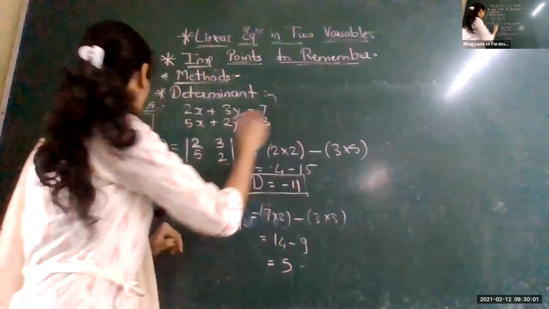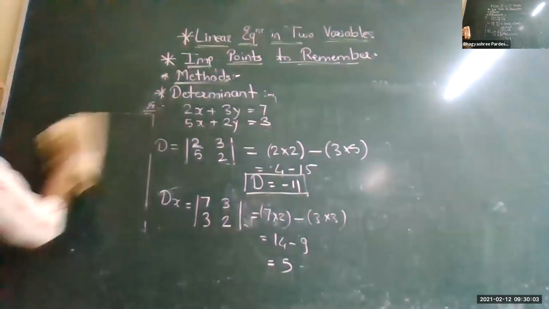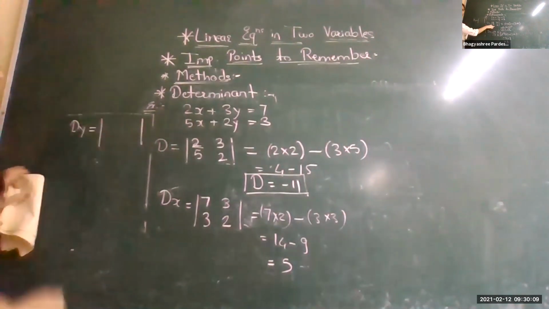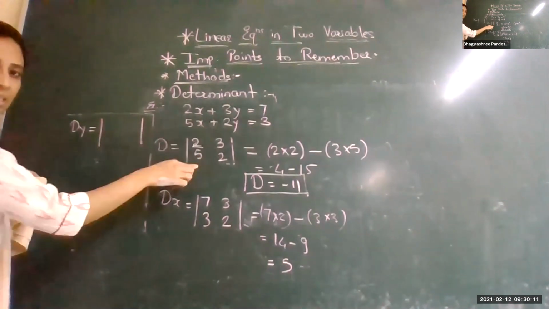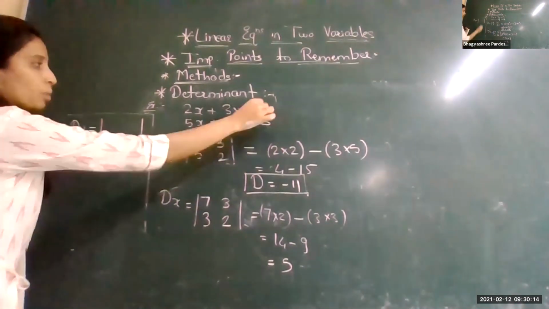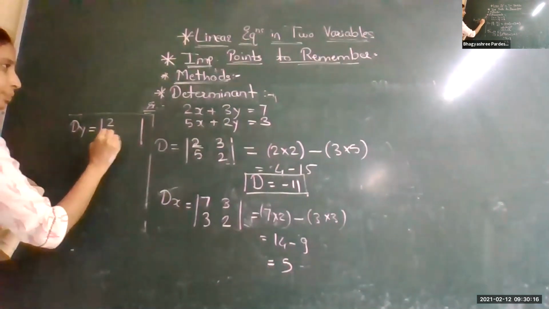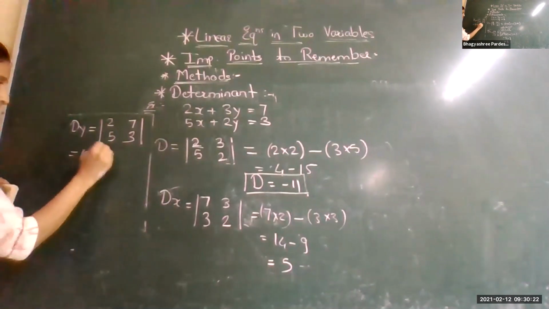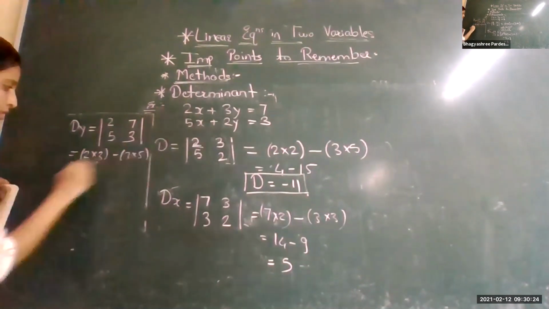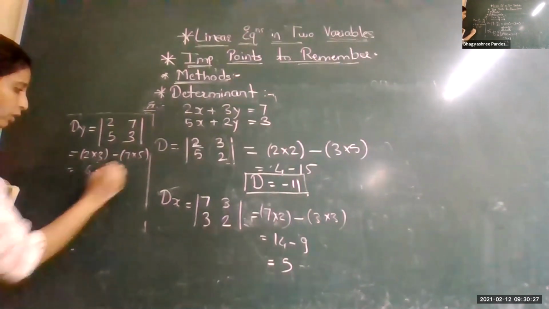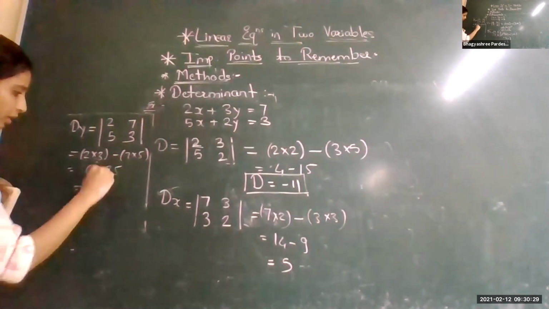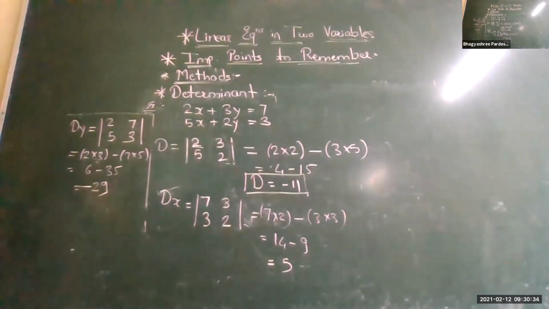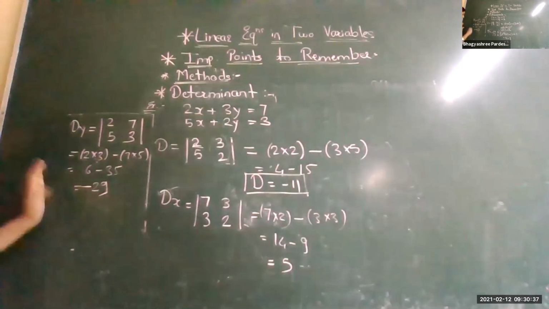Now we require dy. Mark the difference. Keep the values of x as it is, and instead of y, put the constant there. So it is 2 for you, and this is 7. I can solve this. 2 3s are 6, minus 7 5s are 35, so it is 6 minus 35, which is equal to minus 29. So dy is equal to minus 29. So we have got this is dy,